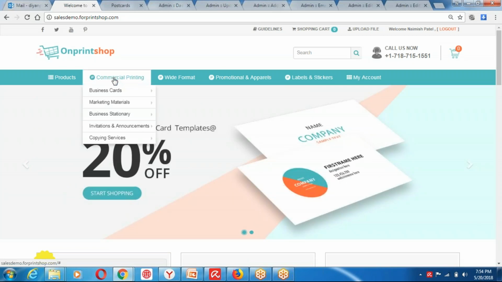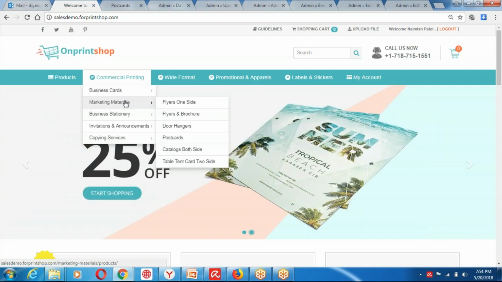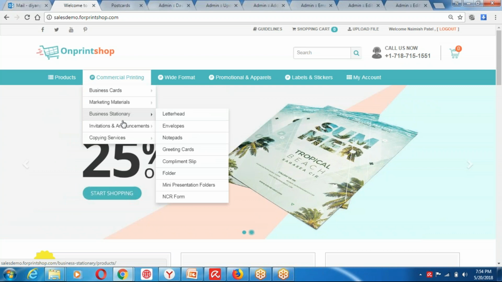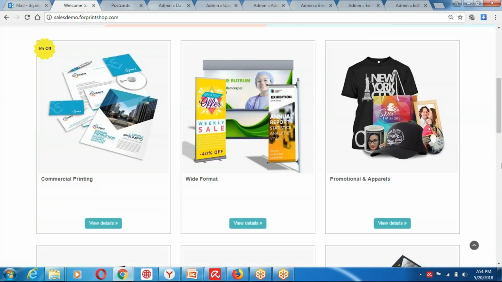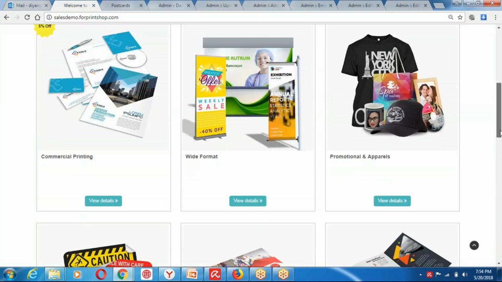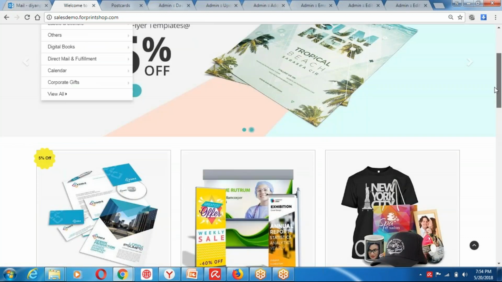So for any quotation request, if a customer sends it or calls you up, you or your team can simply go to the storefront, and here you can set all your standard catalog items. You can categorize them. If you're offering multiple types of printing, you can also set up your products like commercial printing, wide format, promotionals. This is a complete storefront in your own control, so you can add as many products as you want, and keep expanding your product library for the customer.